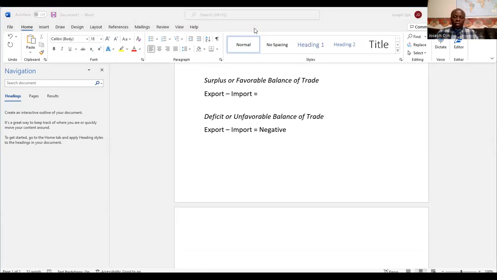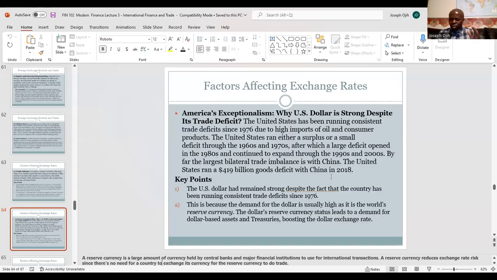Why? The reason is this. Despite the fact that for decades the US has been running trade deficits, especially with China, and by far the largest, by the year 2018 the United States ran a 419 billion deficit with China, why is the dollar still strong? Now, the reason is this: